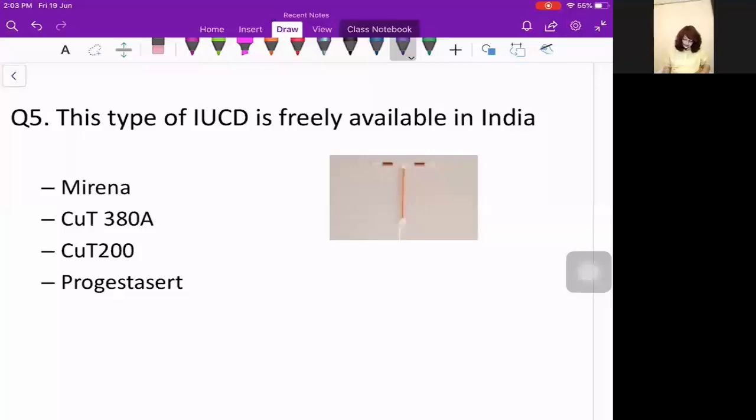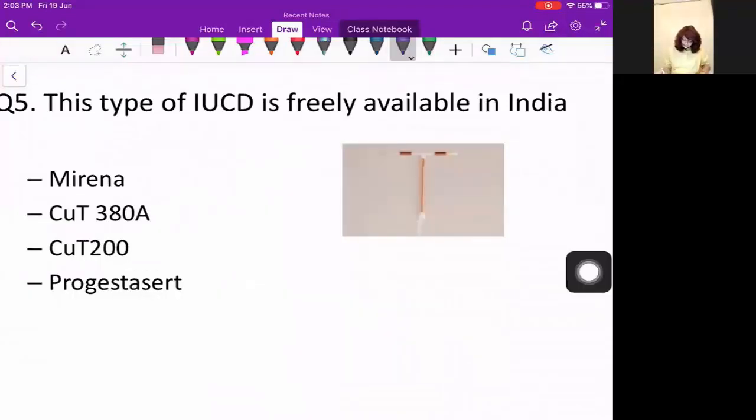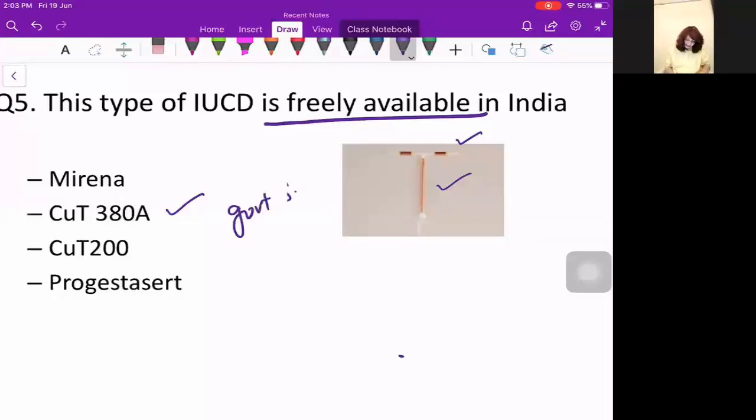Well, this is an IUCD where the vertical stem contains copper, horizontal arms contain copper. So the freely used IUCD in India is copper T380A, which is a government supply IUCD,